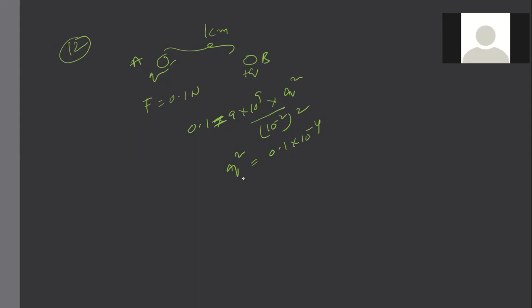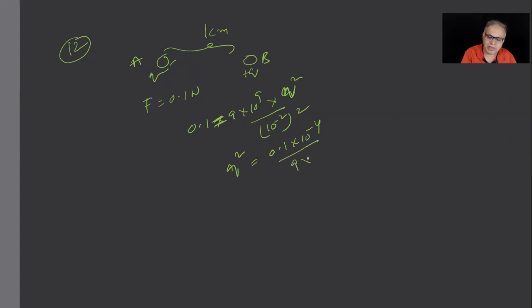I'm not taking the electron, I'm taking the charge on the spheres. Electron is a single charge. There are many electrons on that. We don't know, so all that charge we thought of as Q, right? So Q square equals 0.1 into 10 to the power minus 4 by 9 into 10 to the power 9. So you'll get a value for Q. Now, you know very well, 6.25 into 10 to the power 18 electrons make 1 coulomb. So Q coulomb will be how many electrons?